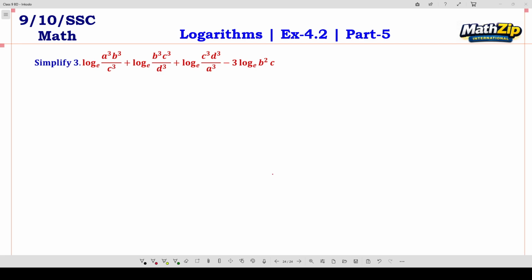We are going to simplify a logarithmic expression in this video. This is part 5 of logarithm exercise 4.2. Let's get started. The expression is